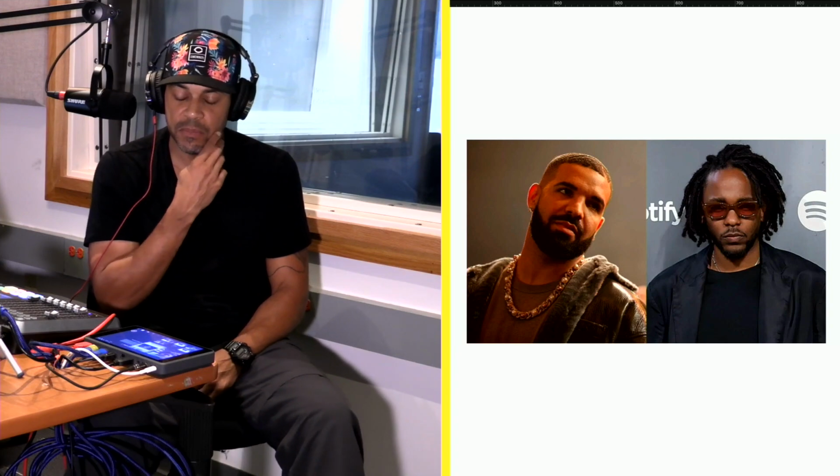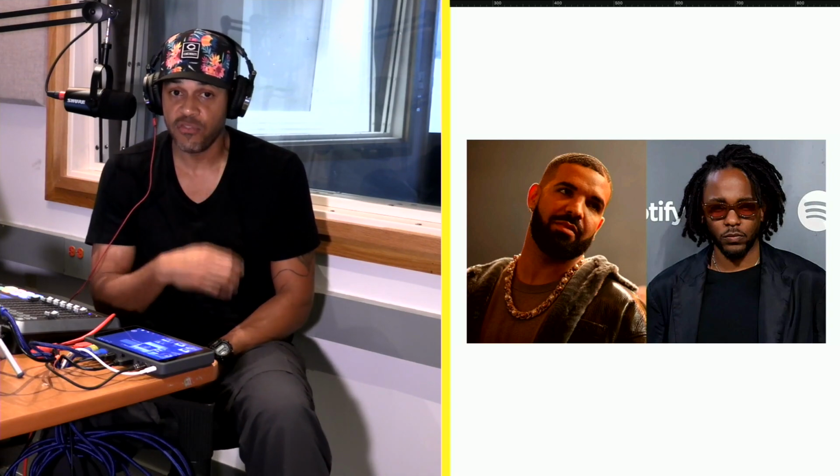Whereas K-Dot, I feel like he has mad fans. He's critically acclaimed, but his brand is more so great musician. In one of the battles, he compared himself to Prince, and he compared Drake to Michael Jackson. I thought that was a great analogy. I don't know if it's that close, but it's close in the sense that Prince was a little more to himself, more independent and creative with his music. He's going to do what he's going to do, and he doesn't want anybody to tell him what to do.